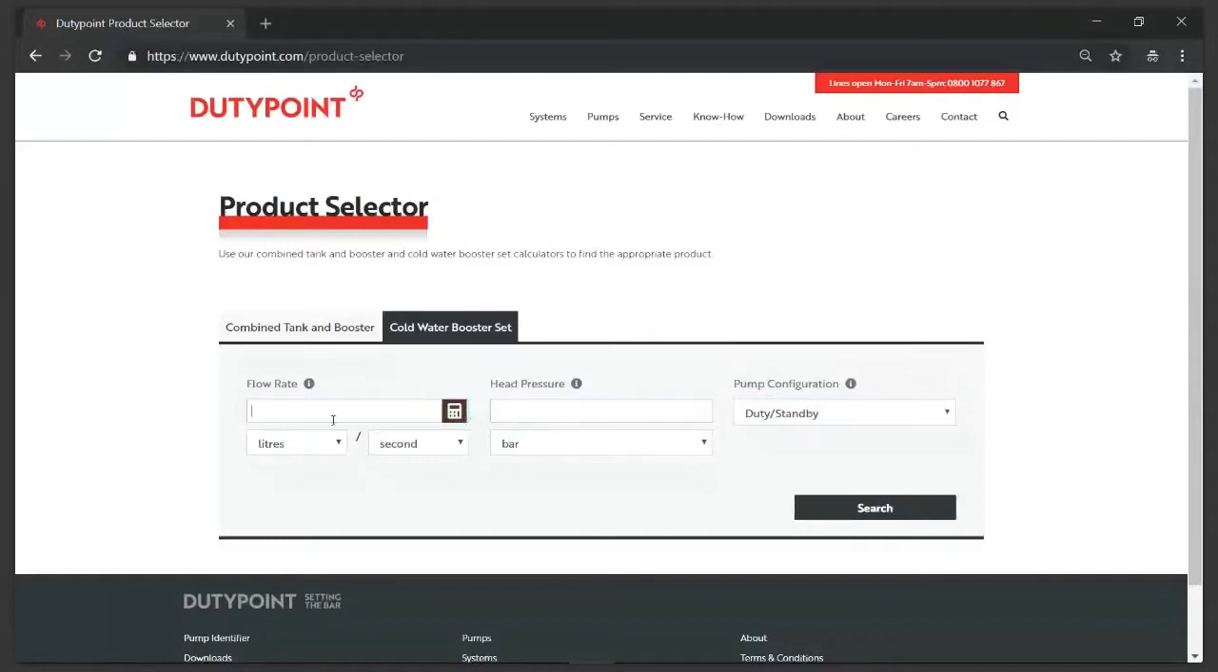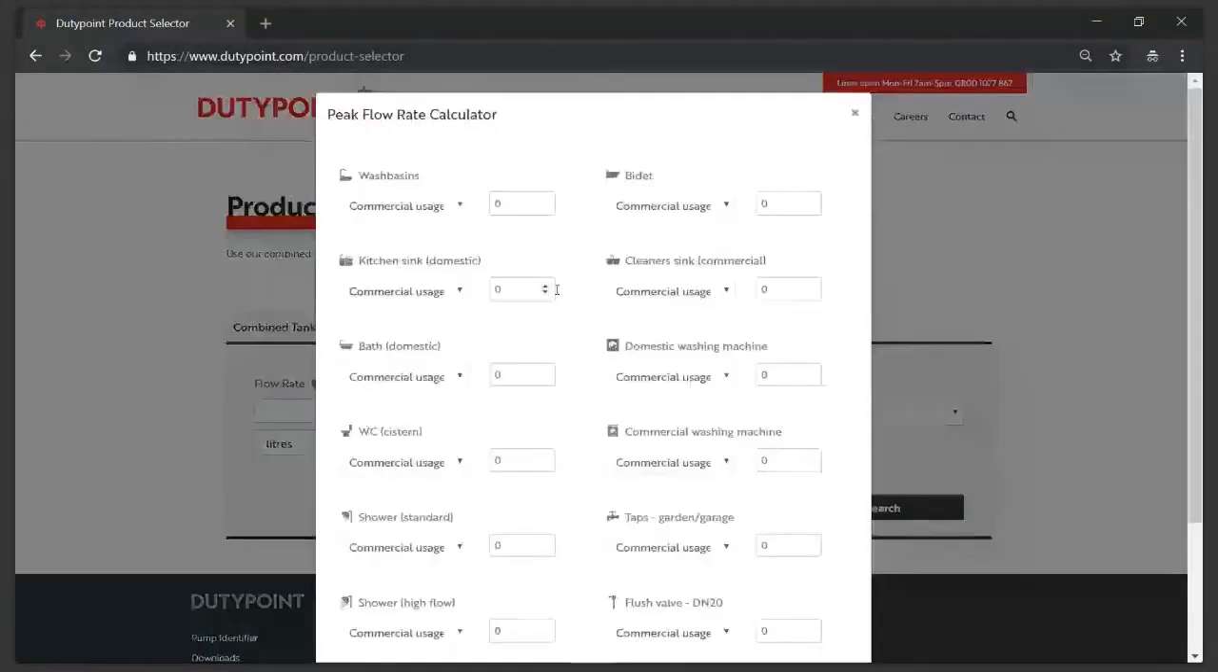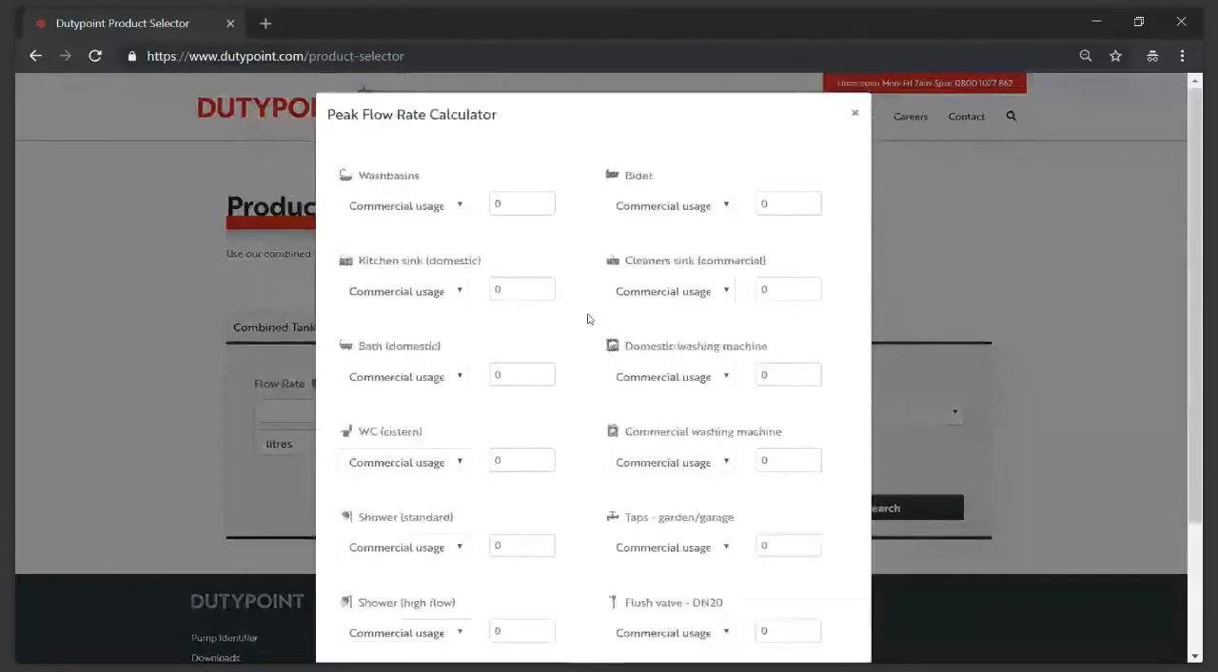Now there are other manufacturers that have a calculator like this. But what we've done in addition is actually given you this peak flow rate calculator, which is a tool that you can use to actually determine what your peak flow rate is in a certain project. So I'm going to give you an example of